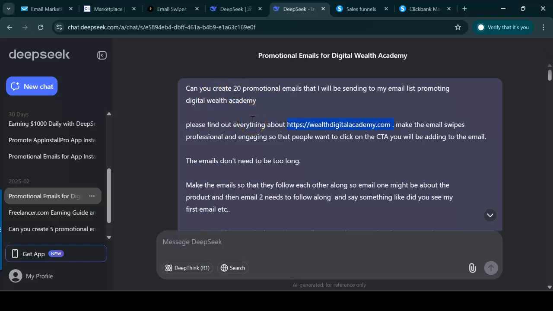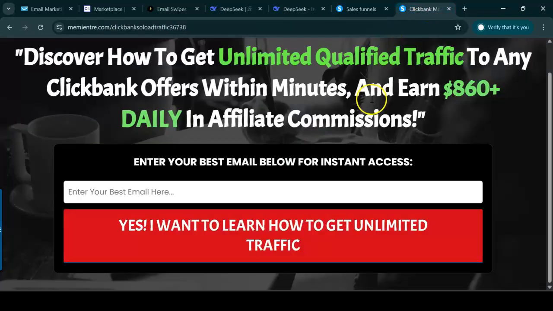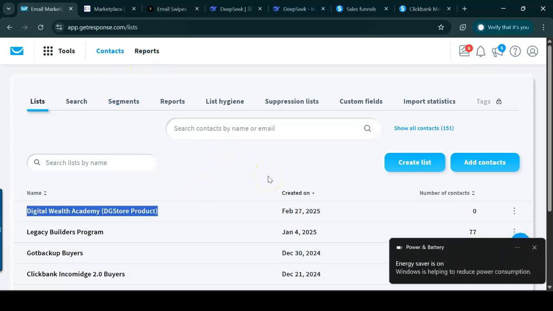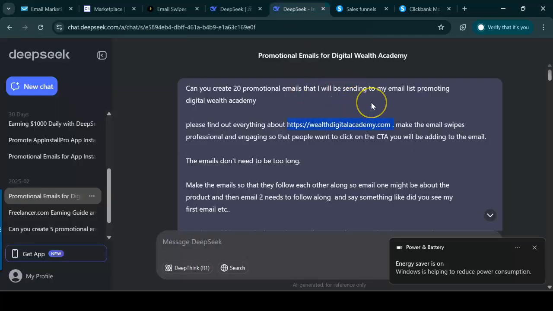The easiest way, all right? So what did I cover? I covered you need to build a list. So you need a landing page, very easy to create. You need an autoresponder. You need email swipes, you need email follow-ups to kick in, so you need to make sure you add those email follow-ups inside, and you can use DeepSeek to do the job. Now one more last thing, which is traffic. I covered traffic yesterday in my video. Watch that video. It's a paid traffic source.